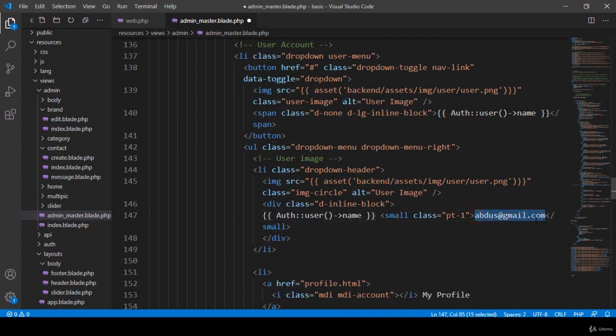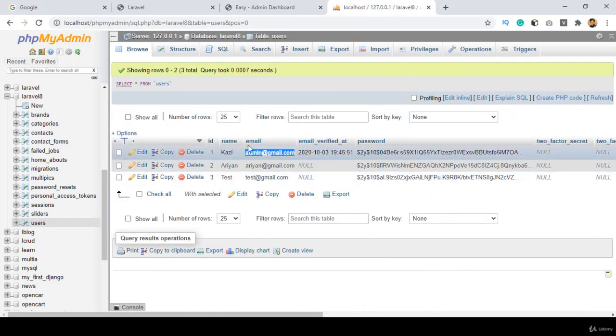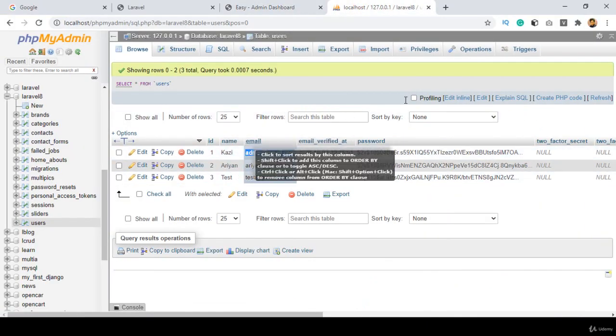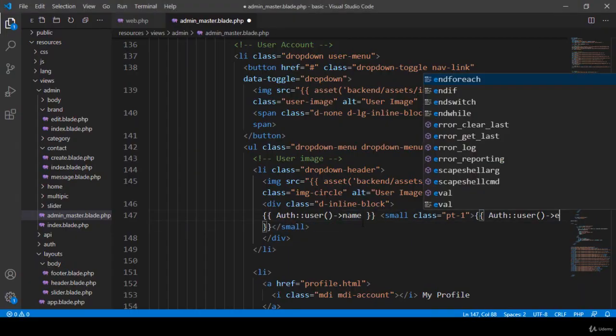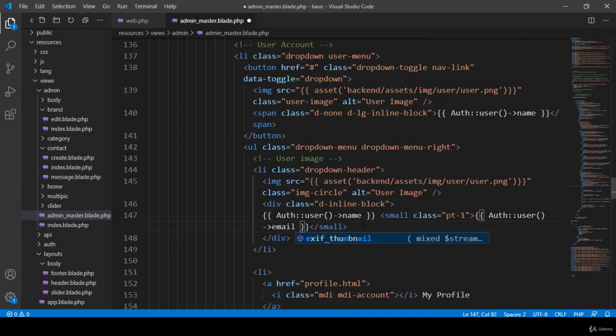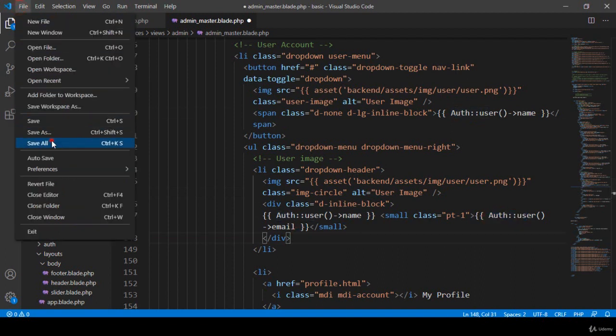And if you want to display that authenticated user, our database field name, you can see there is a name, and that is our email. So now I want to access that email. I name it email. Okay, I name it as the email field. So now this authenticated username and this authenticated user email should be visible. Now click Save All,